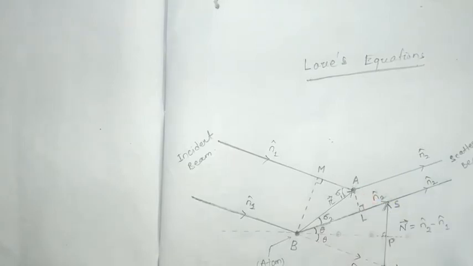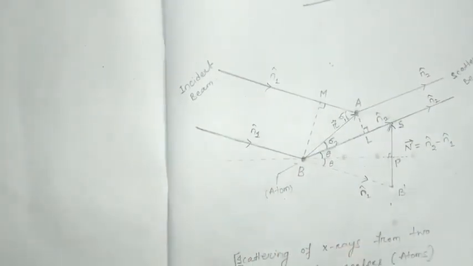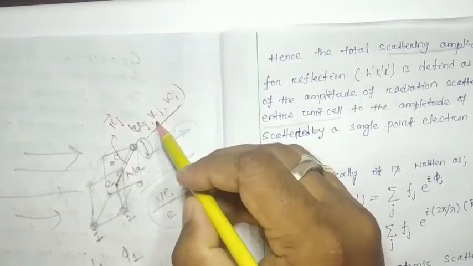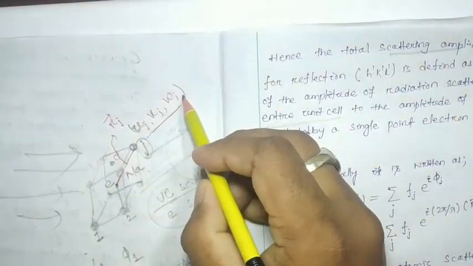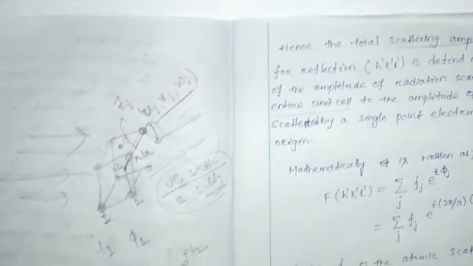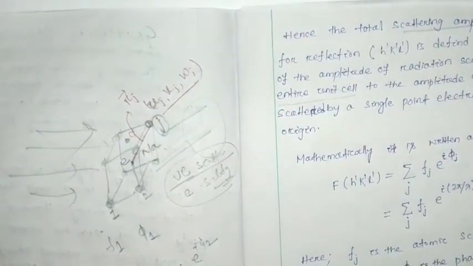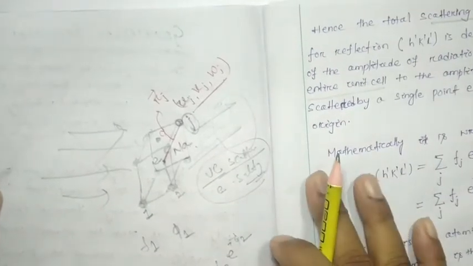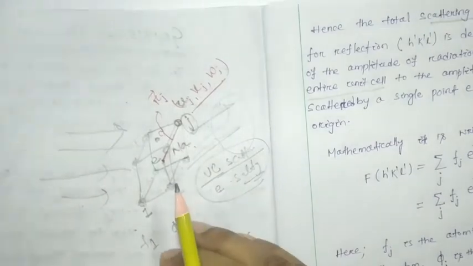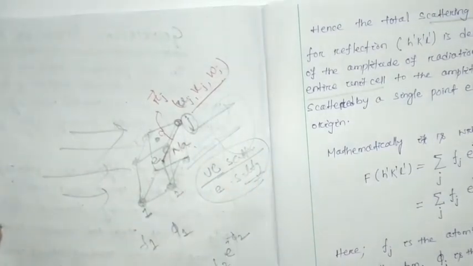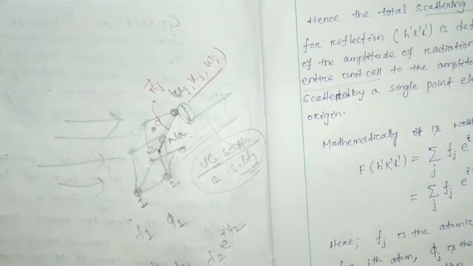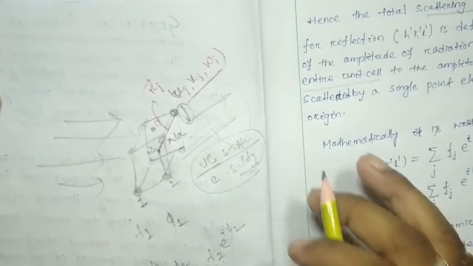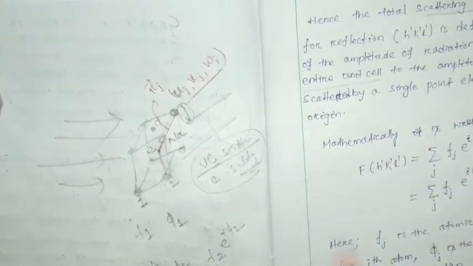So this atom has the so-called coordinates uj, vj and wj. Very similar figure. If you watch this video carefully, then you can correlate your notes with whatever we have discussed in our last two videos. So I suggest you watch carefully.